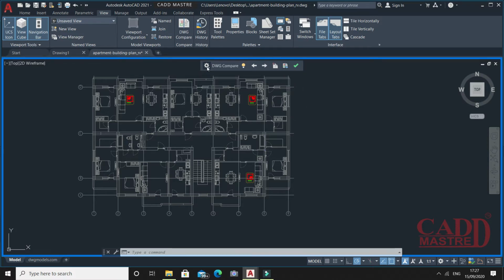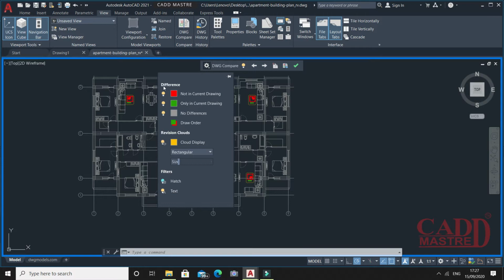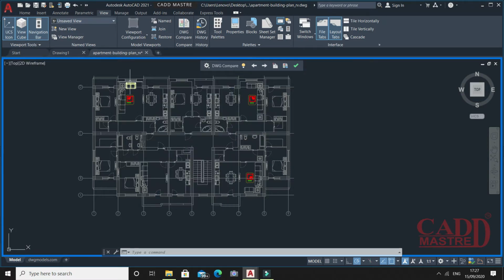So just click here under setting. Here you will find the differences. The red color shows what is not in the current drawing. So you have seen the furniture table shown in red color, which I deleted previously from the current drawing. That means it is not available in the current drawing, but still it is available in my previous open file.